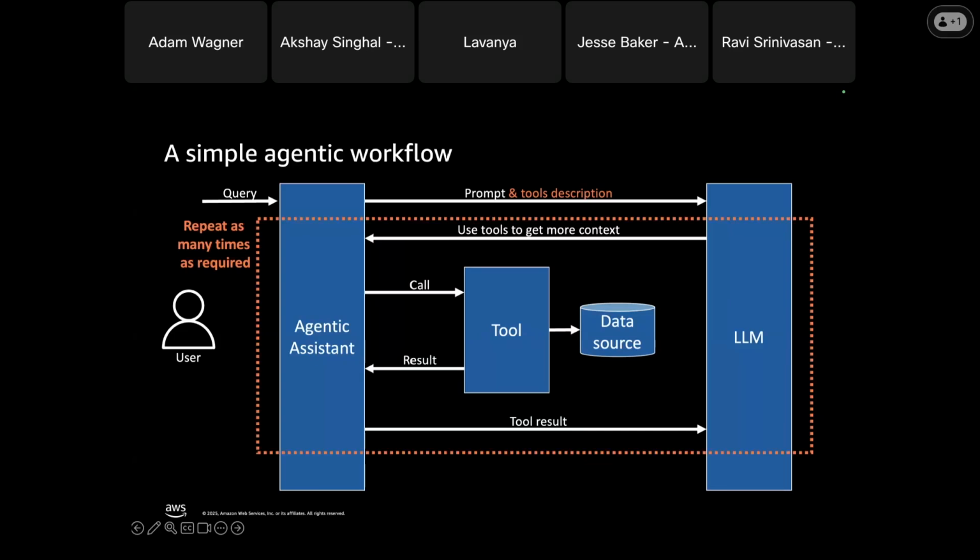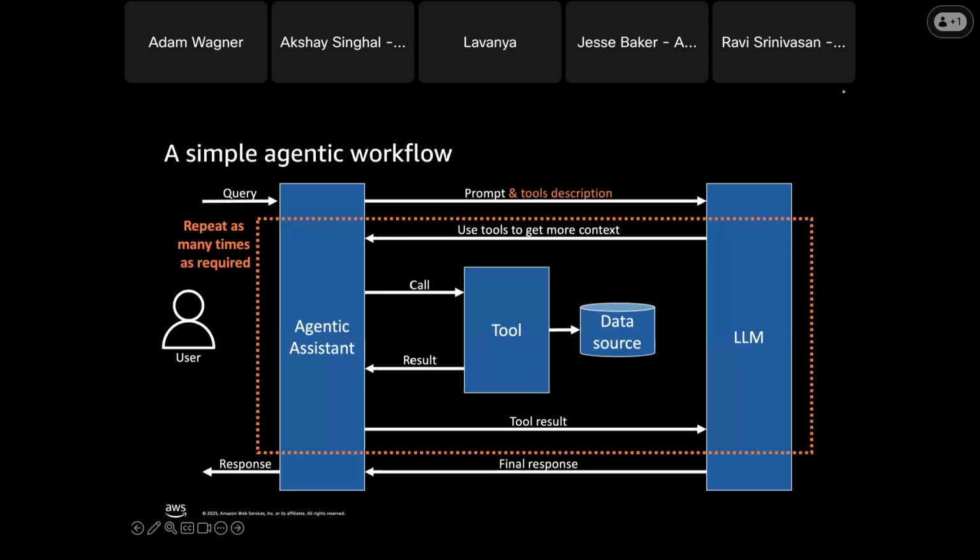So it might call that first tool, get one piece of data back, decide it still doesn't have enough data to return the final response, and it can call another tool and another. So it can call a large number of tools. And then eventually, when it has all the data it thinks it needs, it's going to return that final response.